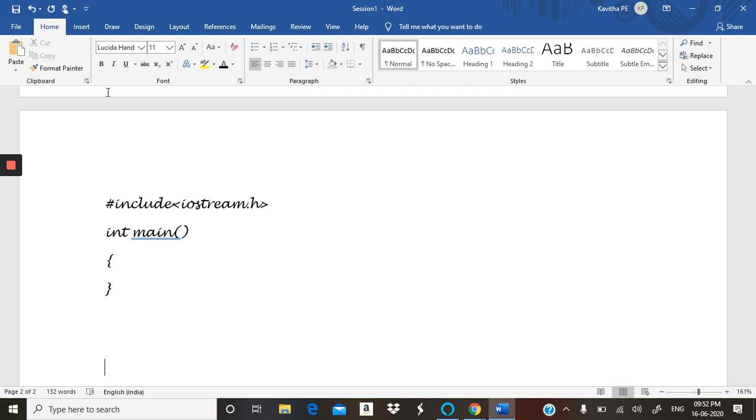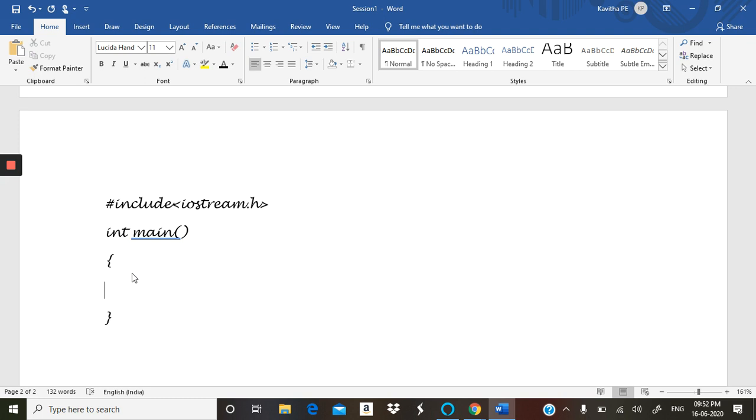Then before the main I have written int, which represents that its return type is integer, and after the main two curly brackets were written, inside which we are going to write the definition of the program, what all things are to be done. This is the minimum requirement.